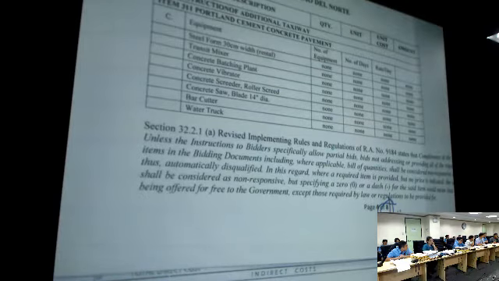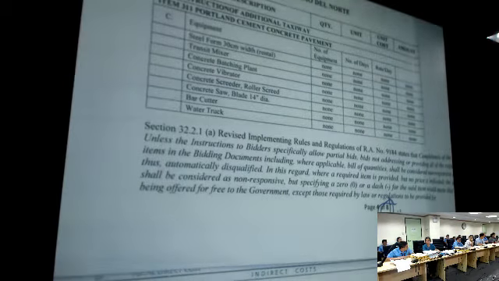Saan ninyo tinignan yan? Sa detailed estimates po nila. Sa detailed estimate. Pero di ba, doon sa proposal nila, naka-include kung ano yung mga equipment nila? Yes, sir. Doon sa estimate lang nila, hindi in-include. Because that estimate might be construed as free, although they provided...